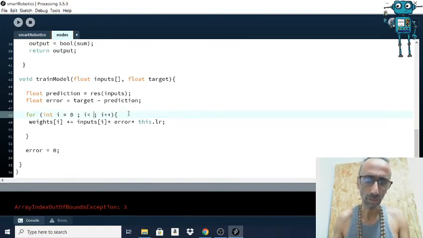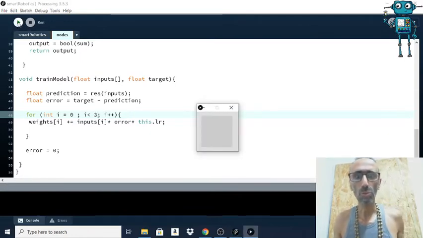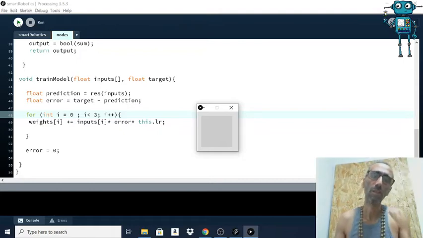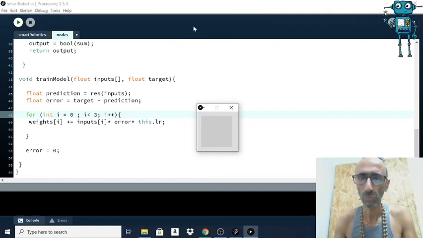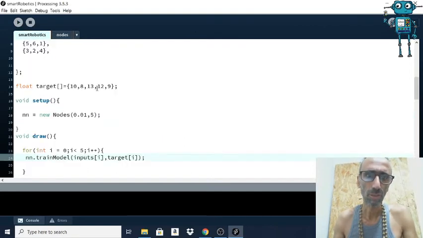Now I'm just hard coding it. Later we will make a variable. So now it's working, but we don't see anything. So let's create some basic graphics so that we can see everything. So first of all,